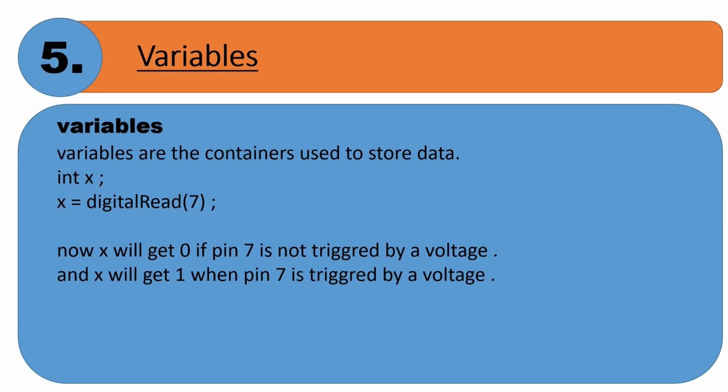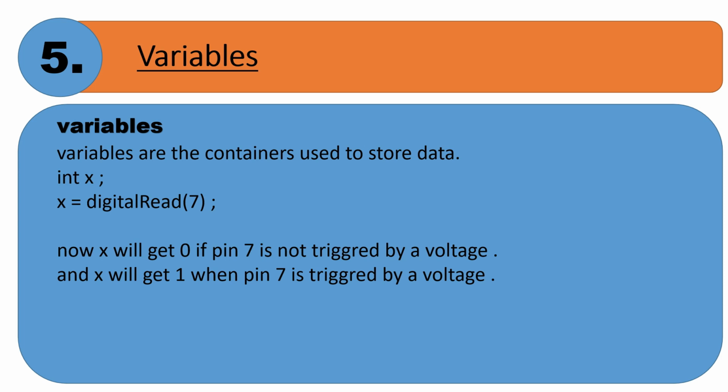Now time to learn some coding things. Today we will see what variables are. Variables are containers used to keep your data, and they make your programming easy. Variables are like containers, like you use one container to keep some potatoes and another to keep some onions. In the same way we will use a container, meaning a variable, to store a particular type of data, and another variable to store another kind of data.